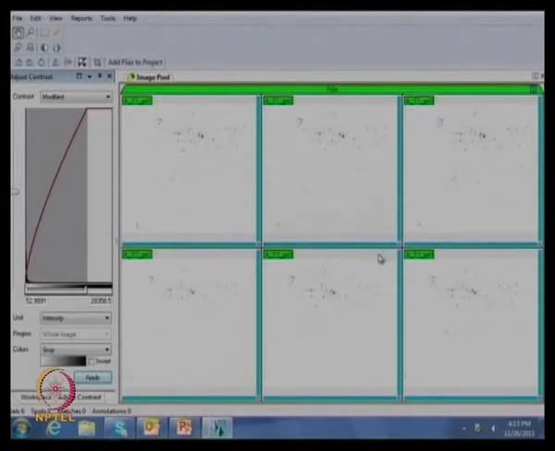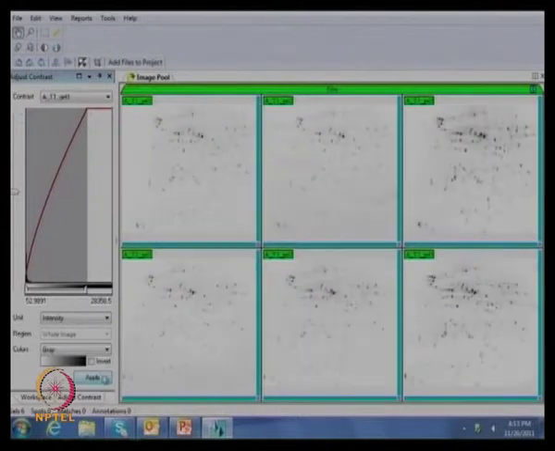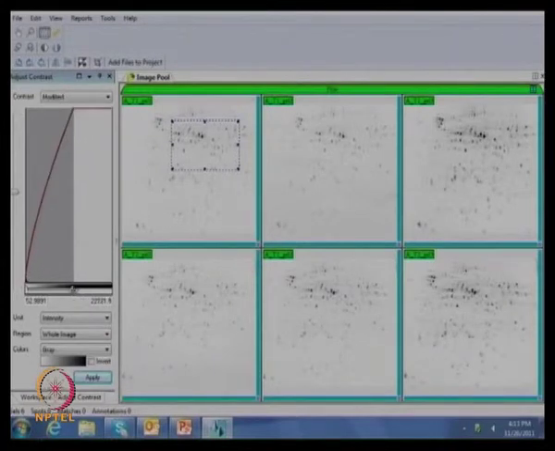After changing, you have to press apply. Another feature is available here. Now more spots are visible and sharper. Otherwise there is an option to select a particular area and then change the parameters, and you can see real-time changes in those particular spots.